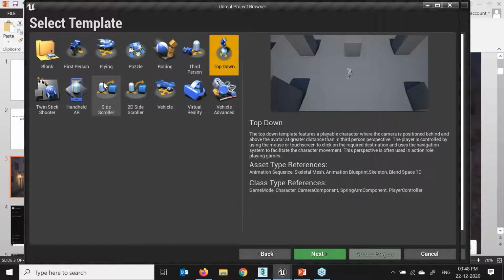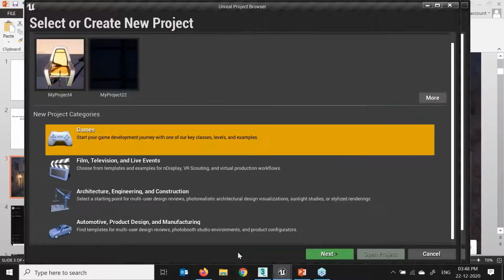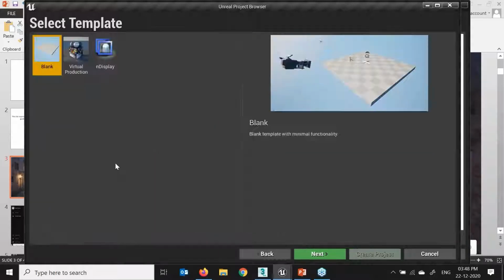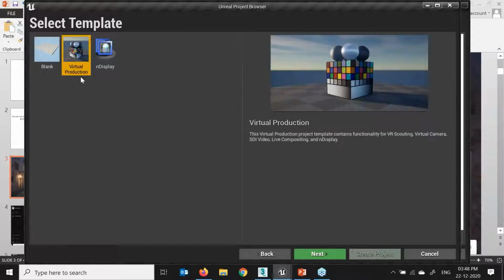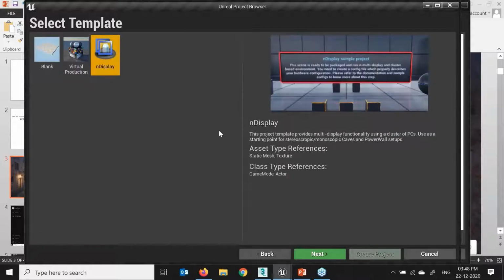Now, when we talk about the default project, different options are available. Every time we start a new Unreal Engine project, we start from the templates. Each template provides a basic starting point for a different type of project: first person or third person shooter games, architectural visualizations, product designs we have over here. I'll just go back. If I say film and television and live event, here we can see we have the virtual production side and display. I'll go back over here.